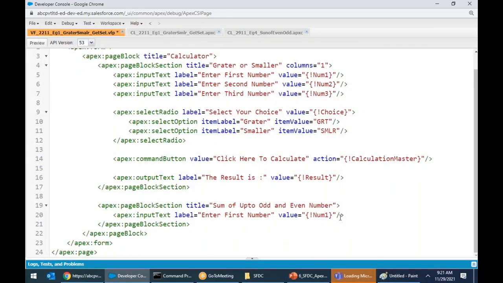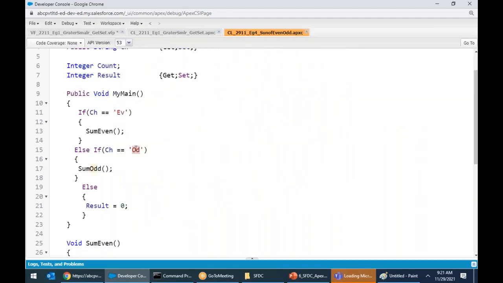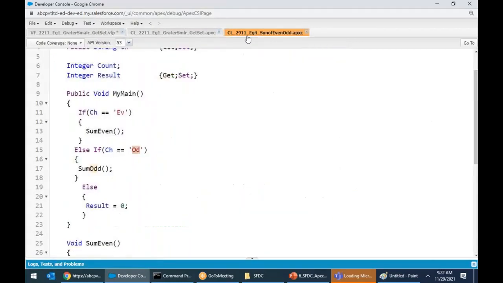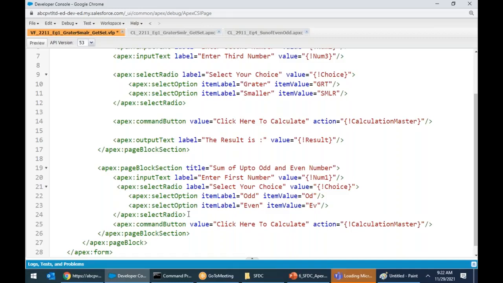Remember that. Next, what I want is a select radio choice. I'm copying it. Select your choice. Here I will say ODD, EVEN. Whenever somebody clicks on ODD, what I'm saying is OD. Whenever somebody clicks on even, what I'm saying is EV. Now I want a button, click here to calculate. Radio button is over. Finally, I want to display the result. The result is,